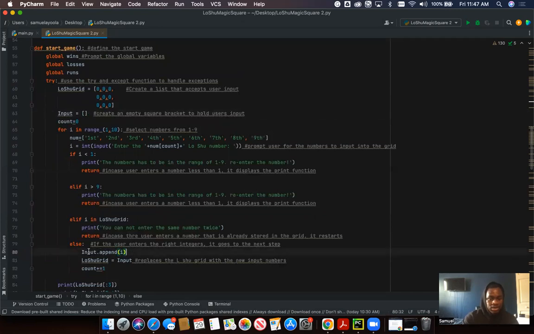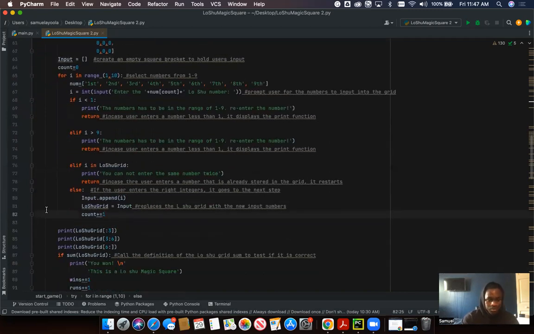And as you can see, the inputs is different from the input function, because this i is a capital letter I, so it's a different inputs. And then we just assign the inputs variable to the lo shu grid, and then we also have the count plus 1, which keeps count of our loop as we go on. And then the output prints lo shu grid, the list, colon 3,